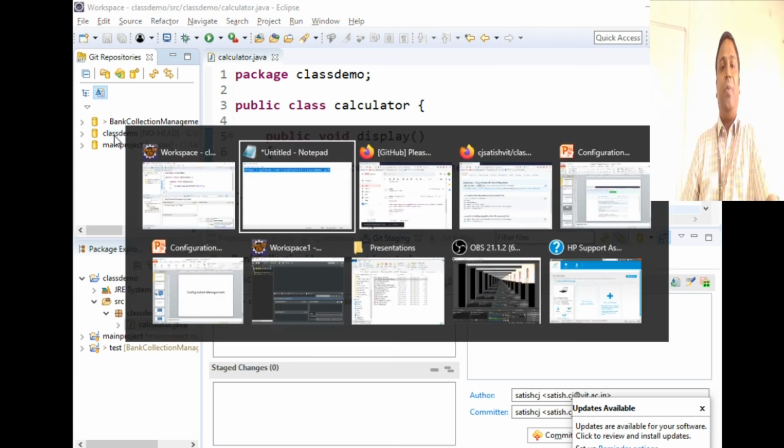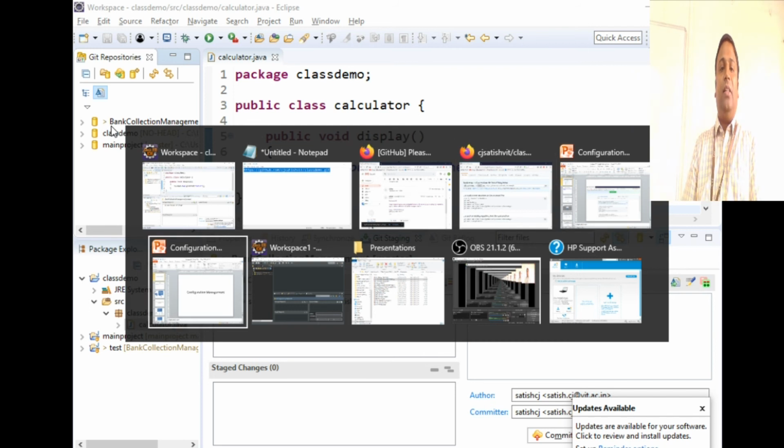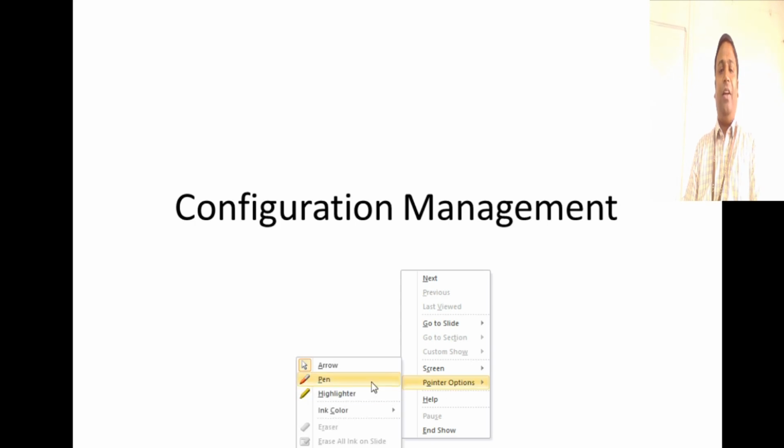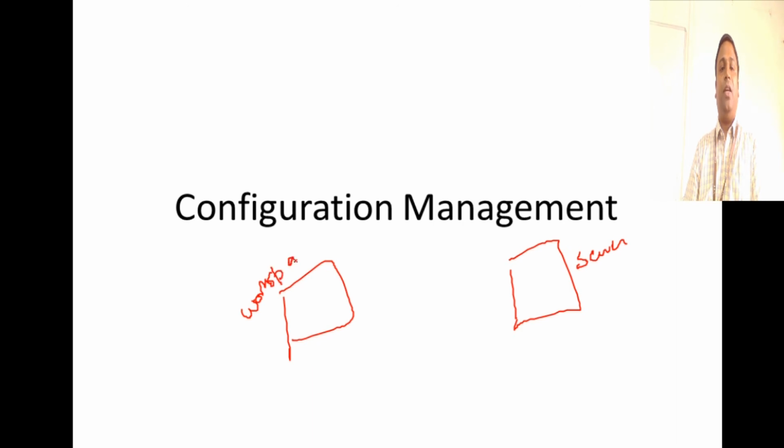Let me again explain what this GitHub repository shown on my Eclipse window is. For newcomers, it may be a little tough, so let me explain that. It's a very simple diagram here. You have the code on the GitHub server, and then you create a repository or a workspace in your laptop. That is the local GitHub repository. You call that a local repository.